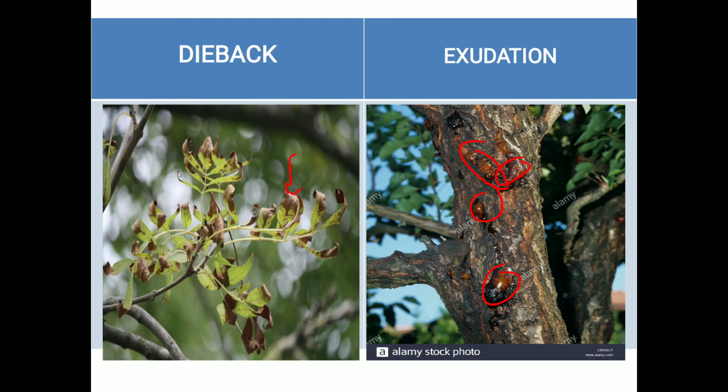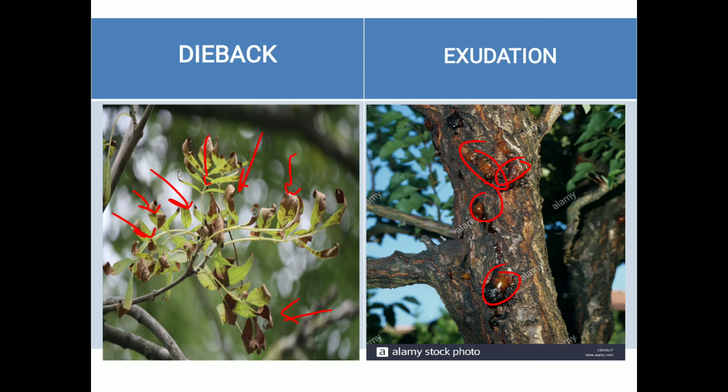Next one, dieback. The name indicates that die means death and back means from the backside. That is, death of the plant or the leaves takes place from the backside, or burning of the tissue takes place from the backside. That is dieback. It is due to the high intensity of sunlight. Sometimes it is due to an excess or deficiency of nutrients, and sometimes it is due to infection by a pathogen.